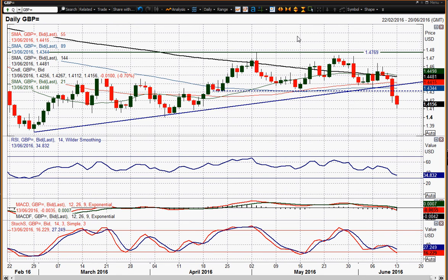Now you've got obviously the Fed meeting on Wednesday, so that adds in an extra layer of volatility and concern as to exactly which way this one's going to play out. But for now, I think Brexit is driving this move on cable, and for now it certainly is negative. Again, I caveat that by saying that these moves tend to have quick turnarounds if you see a Brexit poll that would suggest that the Remain camp is still